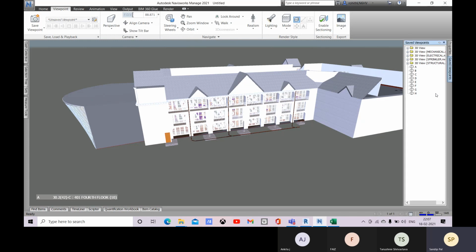Okay, so now this is your saved viewpoints window. Right click on it, and then you can add animation over there, name it like bedroom, and press enter.